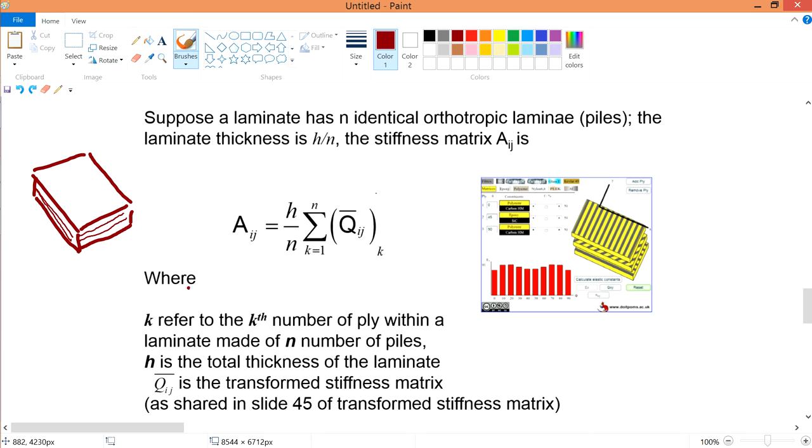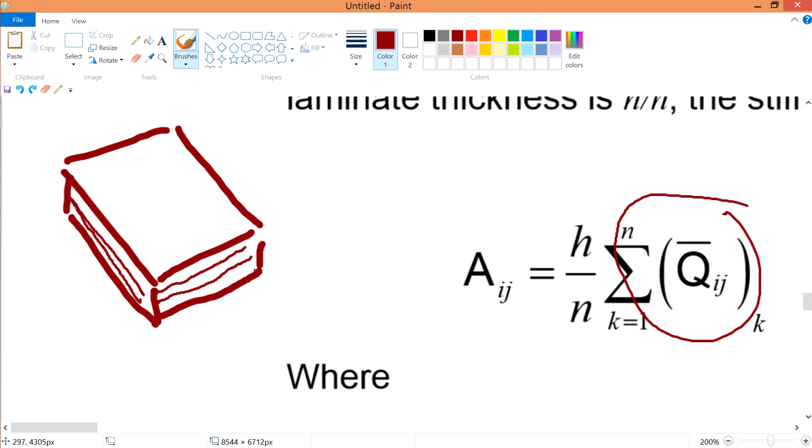So if you sum up all the stiffness matrices over here, you're talking about summing all the stiffness matrices against a certain direction. When you sum all of them, you're talking about pulling in one ply, plus another pulling in another ply, plus another pulling from another ply. So over here they are strong in all these ply directions, in a single ply only. I think you get what I mean. So this part is only talking about the total strength for each of the plies when you sum them all together,